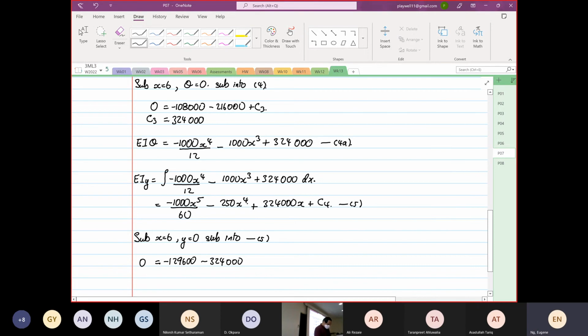Let me do it again. 6 to the power of 4 times 250. Okay, and then plus 324123 times 6 equal to 1944123, plus C4. Okay, so therefore C4 is equal to minus 129600 minus 324123 plus 1944123, is equal to